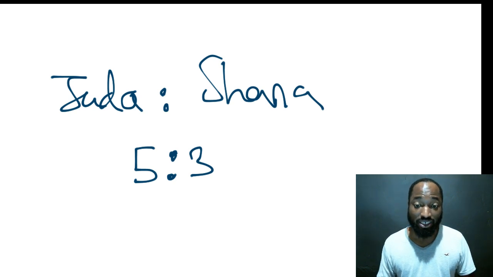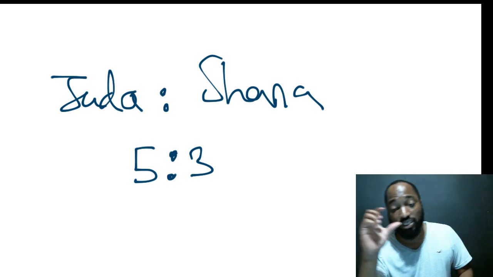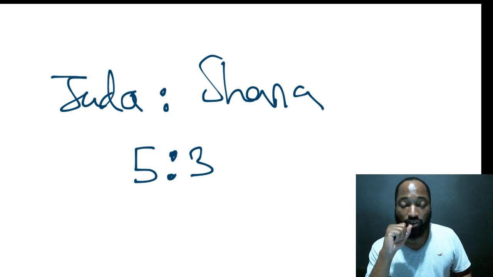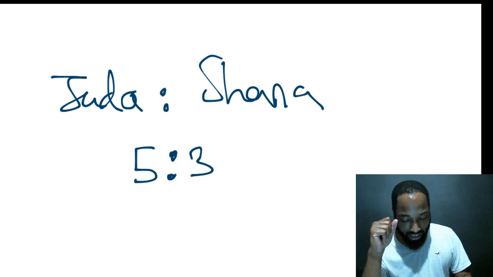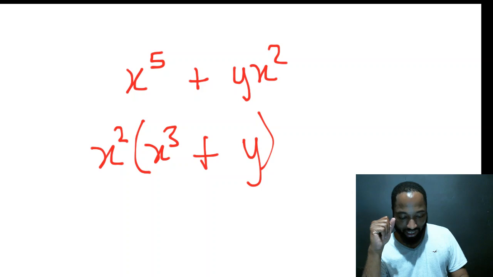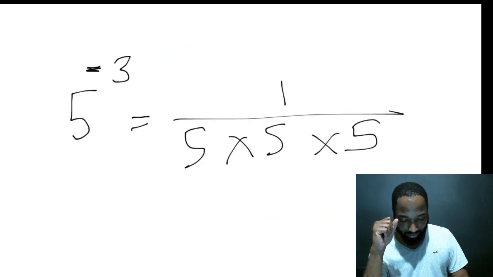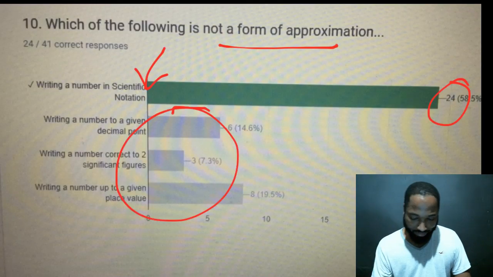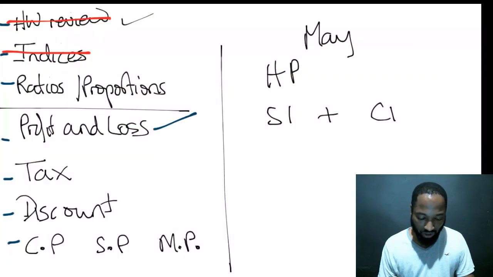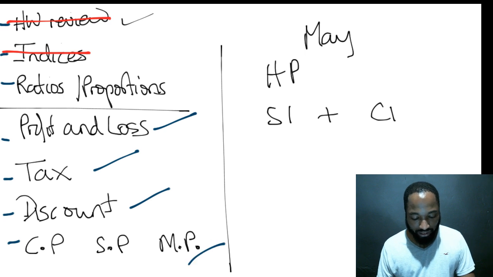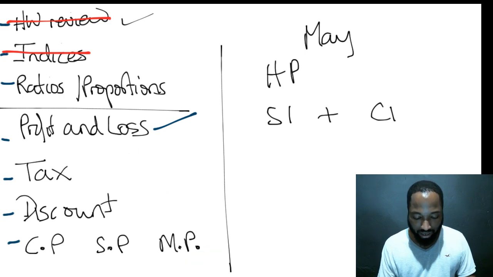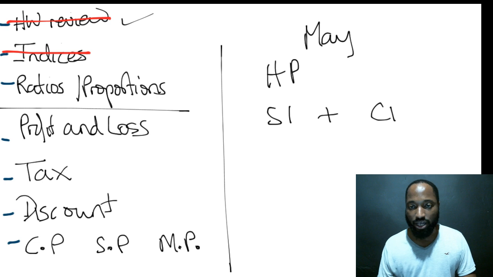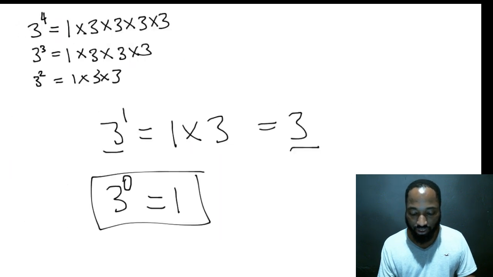By the way, this brings us to the end of the first part in question 1, where I give you the 3 questions on this. And we are a little past halfway into the class, so we'll be starting a bit of consumer arithmetic, and we'll be engaging in some profit and loss, tax, discount, cost price, selling price, and marked price. So brace yourself, we're going to do that in a little bit, but let's just get these 3 questions down.